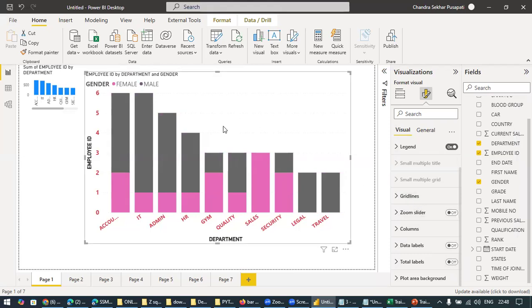And see, if you place cursor only, it is showing number of male employees 2 and a number of female employees 1. Without placing cursor, it is not displaying any values, right? So user may not like this. Without placing cursor also, if you want to display values,